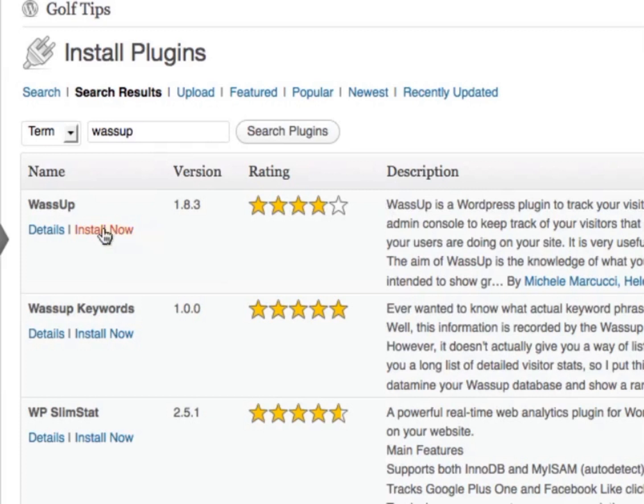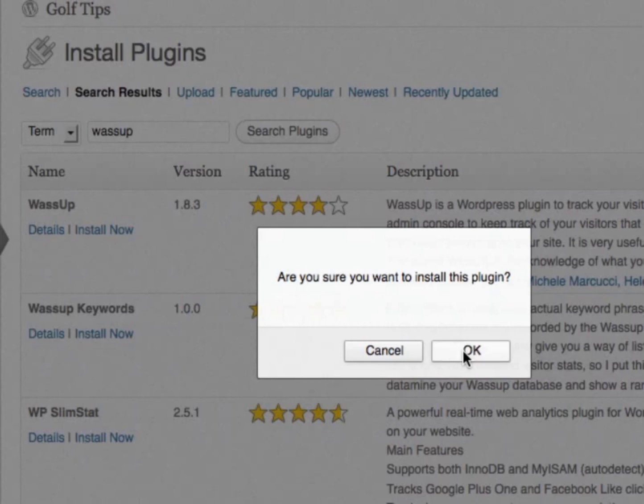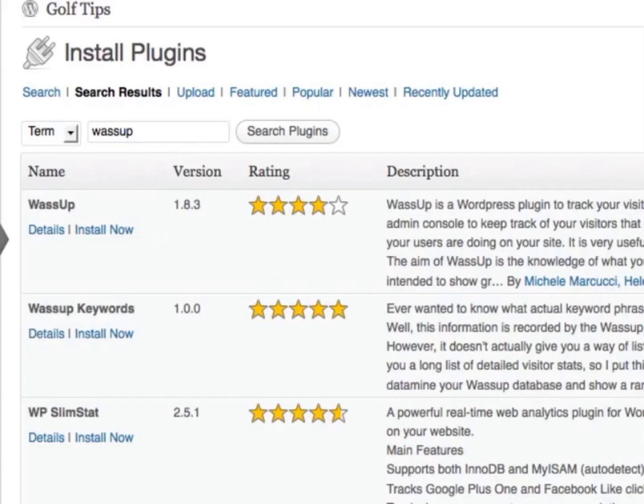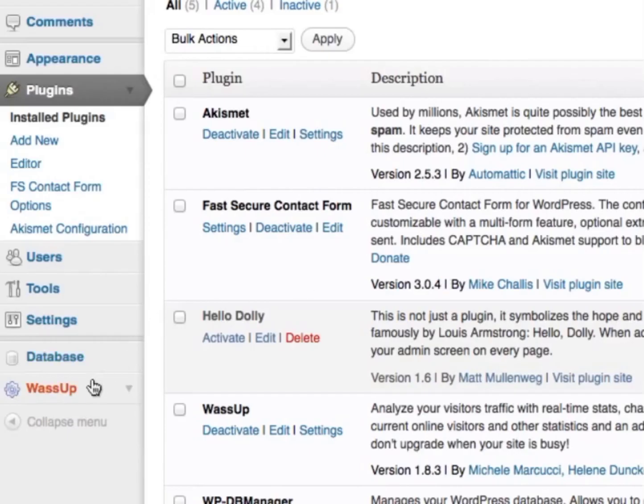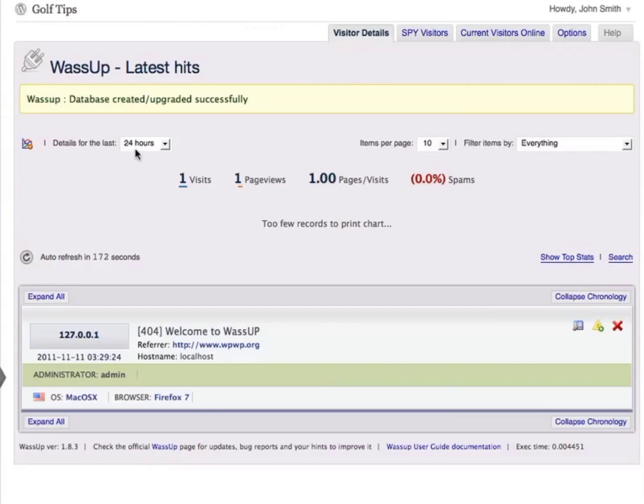I'm going to install it. Click OK here. And activate the plugin. As you'll see on the left side, here's the new plugin. It's called WhatsUp. You won't gain any details straight away because you need to wait for the system to collect the information. Once it does, you can simply click on this Visitor Details, and then you can sort it by